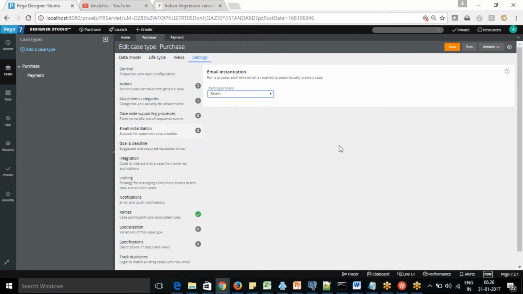When you are going to create your case, you have created your flow. Now how are you going to create the instance of your case? How are you going to create the task or assignment out of your case? That term is called instantiation. So that's where the word instantiation comes from.